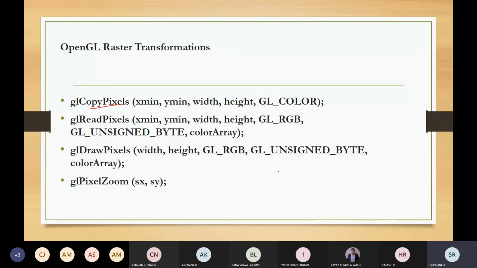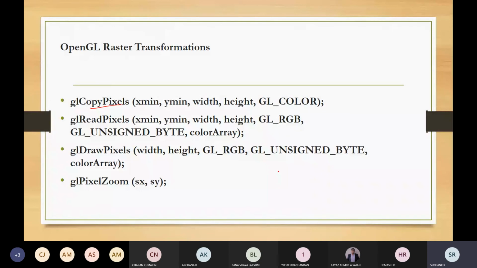The first two parameters will give you the location of the pixel, and the next two will give you the dimension of the pixel block. And GL color means what color you want to copy. So glCopyPixels is used for transferring the values from one buffer area to another.